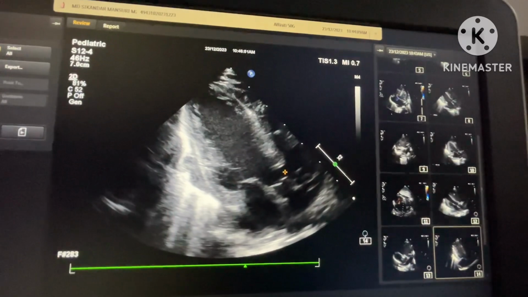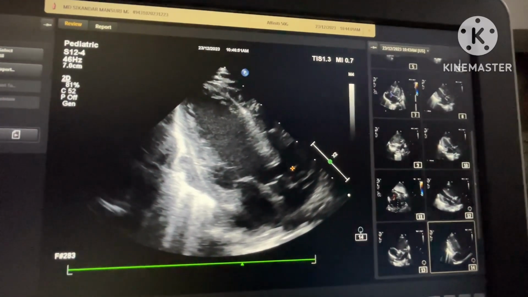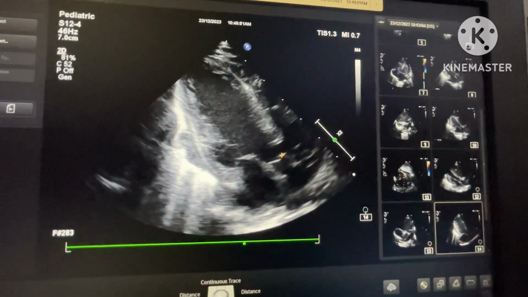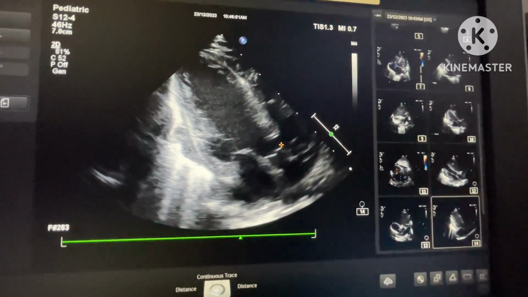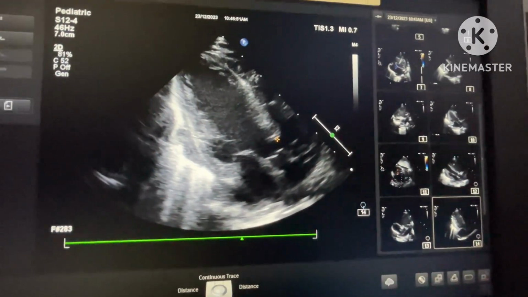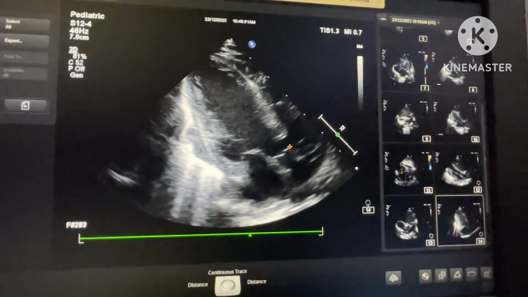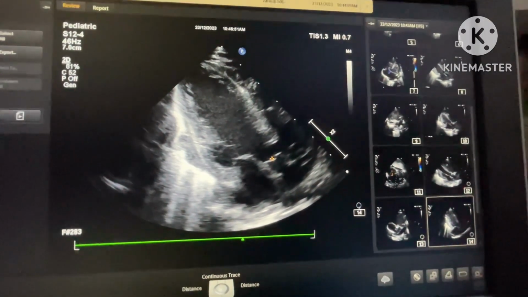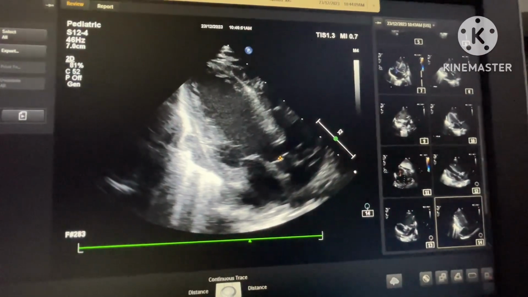This VSD always needs surgical closure. If it's not closed early, the aortic valve is damaged because of the blood flow from the left to right ventricle. With that intensity, the aortic valve tissue is dragged and trapped within this VSD, and finally damage to the aortic valve happens, and that will lead to AR. So whenever AR is significant in this case, the patient will need aortic valve replacement,